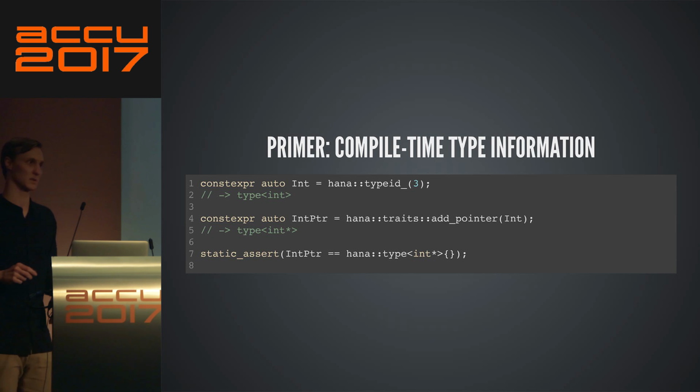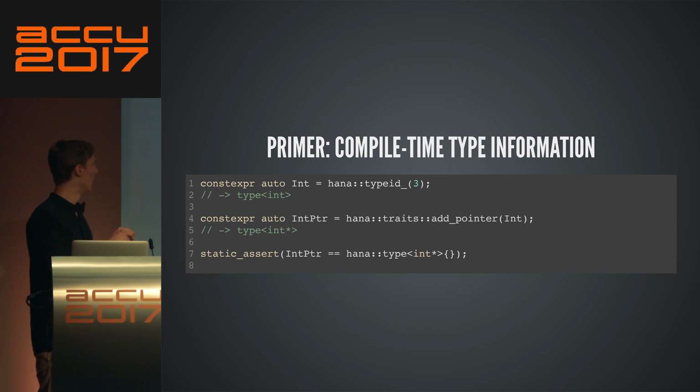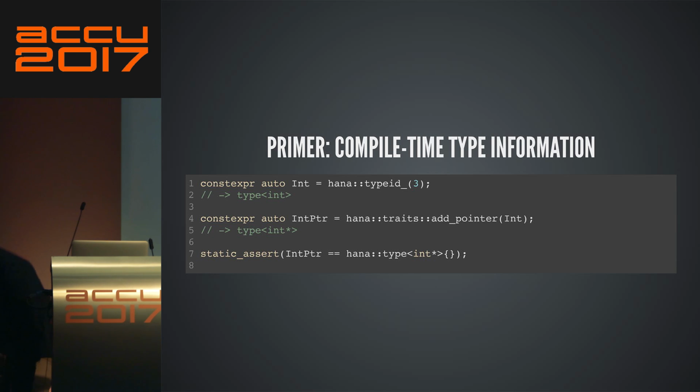So it's a little bit as if you were able to call traits on runtime type IDs. And then this type overloads operator equal and stuff like that, just goodies. This here is effectively equivalent to std::is_same. It just says, is this thing that I have inside myself equal to the other thing?